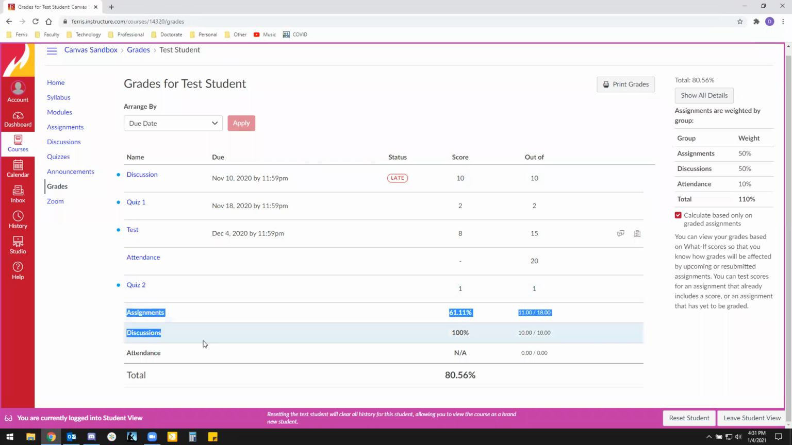Here are our assignment groups showing as subtotals. The percentage here is the total they've earned out of the total number of things that have been graded. It is not the total number of points available in the course. So that's a distinction that you may wish to explain to your students, just to reduce confusion there,